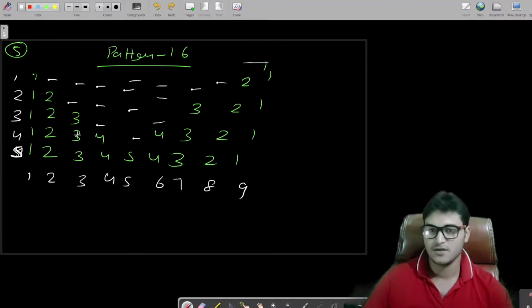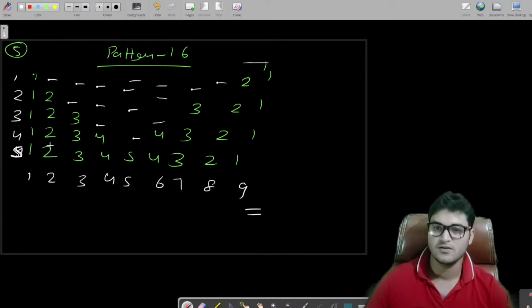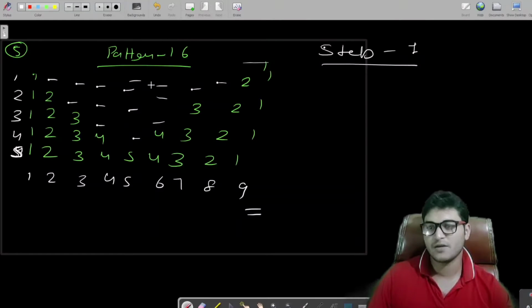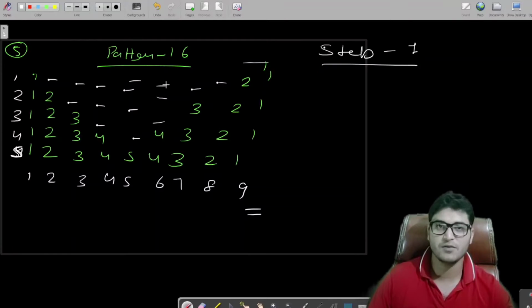Because we just have to build the logic. So if you can see here we are having 9 columns and 5 rows. Fine. So as usual, what we used to do in step 1, so this is step 1, we will have to analyze how many rows, how many stars and how many spaces will be there in each row.